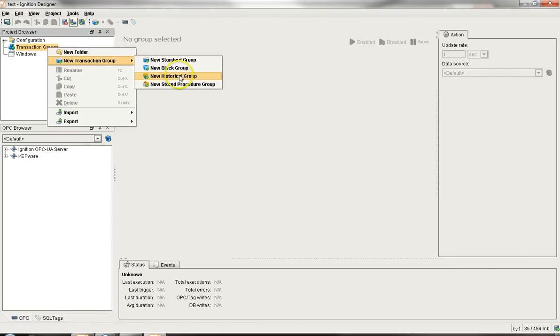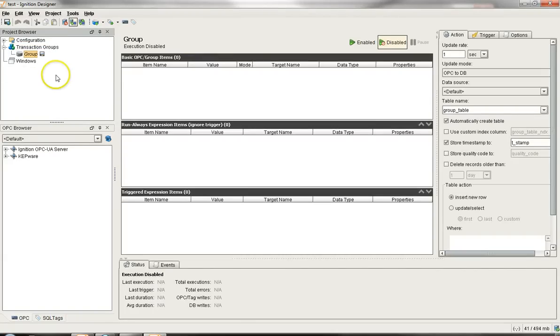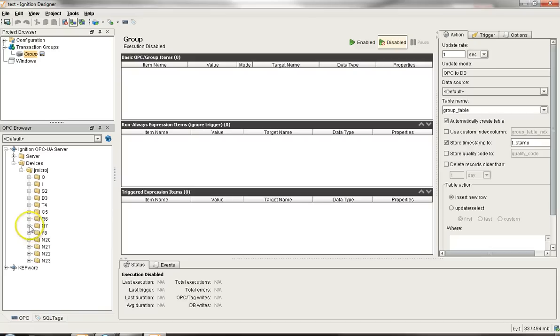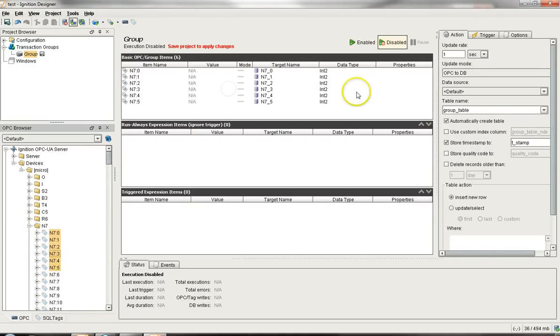You can make just a historical group just for purely data logging. You can make a standard group, stored procedures group. Basically the way it works is you can pull in data coming from your device or devices or other OPC servers. So say, for example, I go to this Micrologix and I want to take some of these tags, and maybe I want to do something really simple, like every 3 seconds I want to pull data from the OPC server